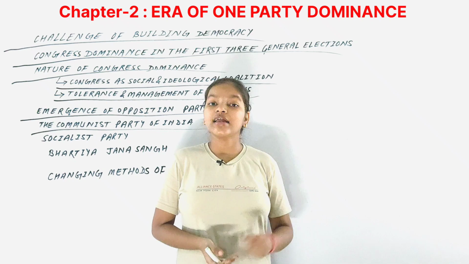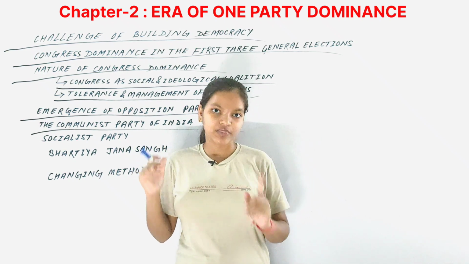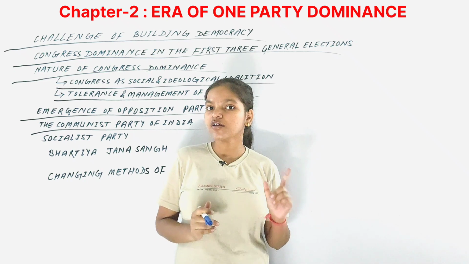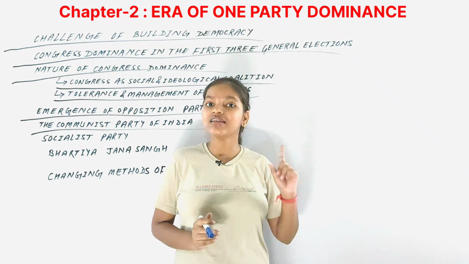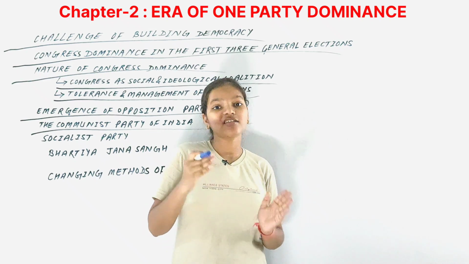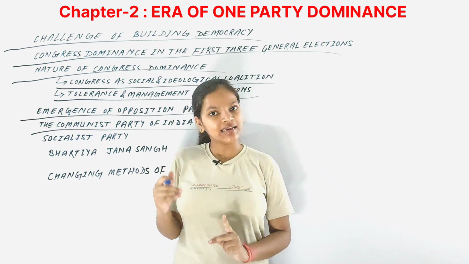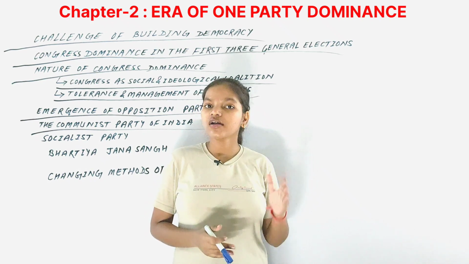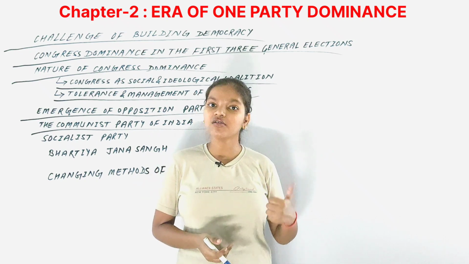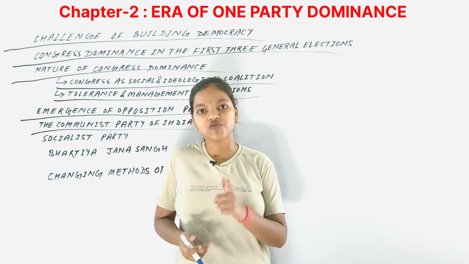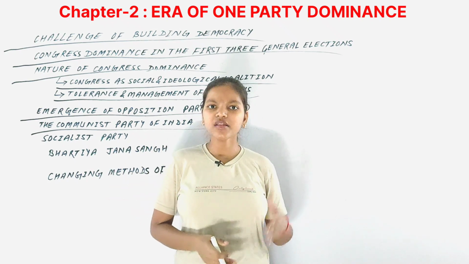Another thing is that in 1964 it saw a major split. The Communist Party of India saw two major splits. First was in 1934 when it split ways from the Congress Party. Second one was in 1964 when the Communist Party itself was split in two parties. First was the supporter of the pro-Soviet Union, that is of course the USSR.